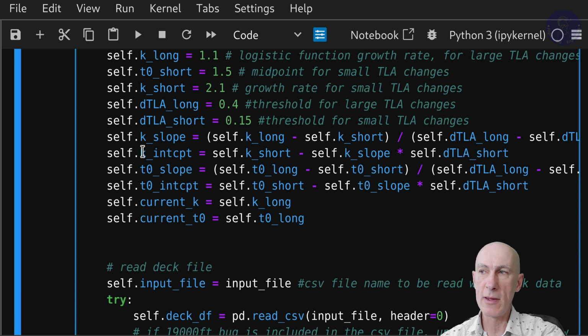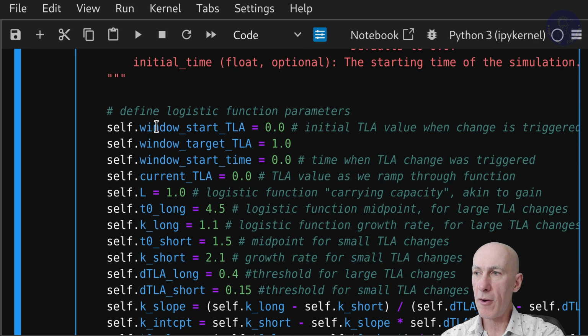So we calculate the K slope and intercept and the T0 slope and intercept, the classic way, and just store them in these variables. And then we keep track of what is the current value for K and what is the current value for T0 in these two variables here. So just a quick recap, these are all the variables that are going to be linked to our logistic function